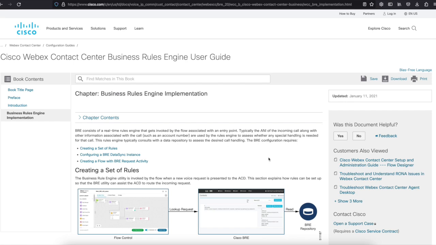Let's begin with the data sync and what is required there. First, the administrator needs to request Cisco to create a data store, also known as a lookup type, for your specific organization. If you haven't done it already, please contact us and share the organization ID where you would like to